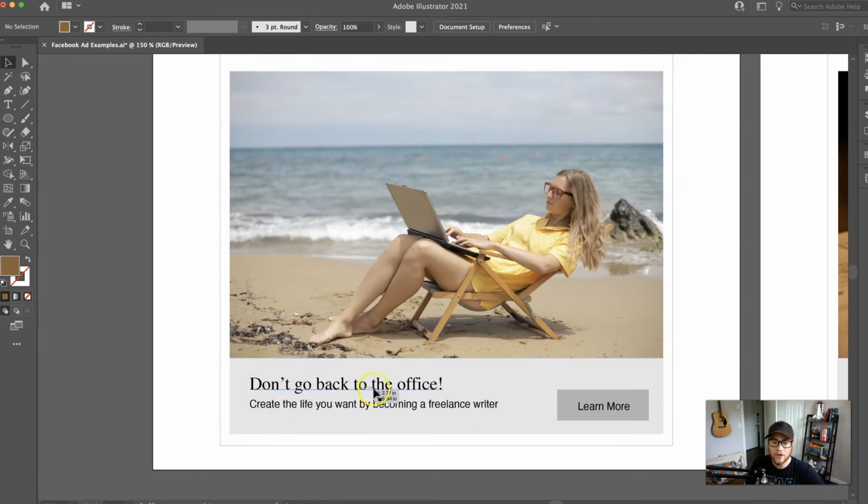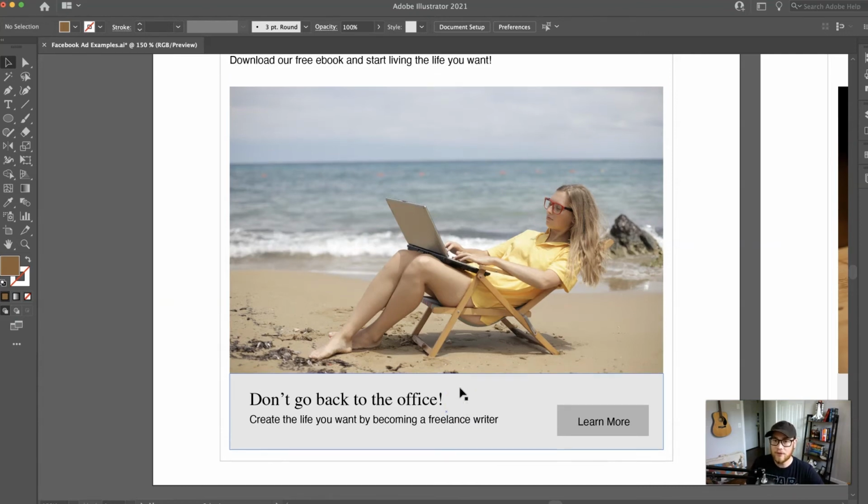So they see the header, they see the problem, and then I'll elaborate on it in the subheader. So create the life you want by becoming a freelance writer. And so now they're completely hooked. They're like, oh yeah, I never want to go back to the office again. I want to be a freelance writer. Tell me more. So from here, we've got their attention, and now they're going to go up to the body